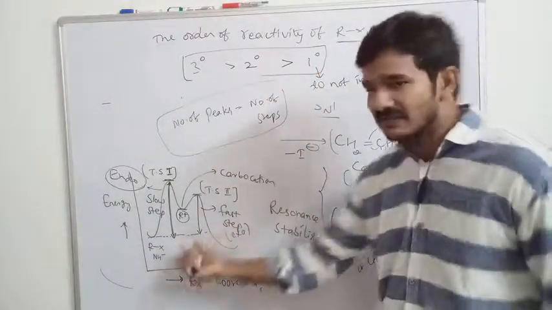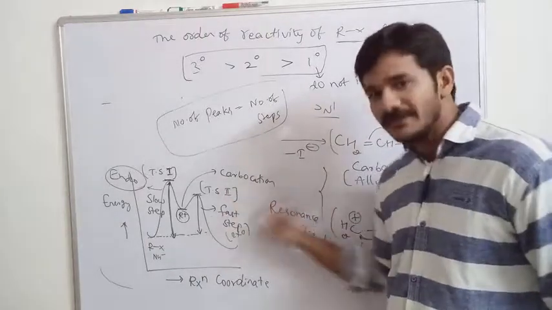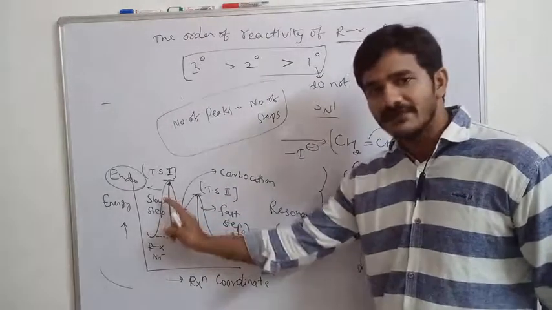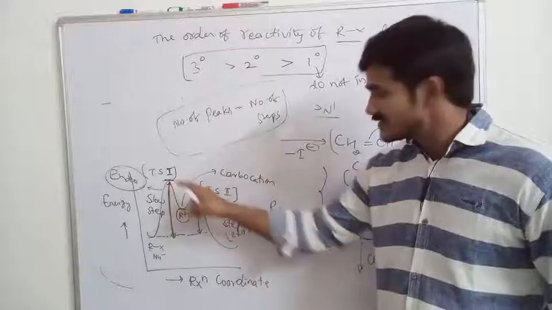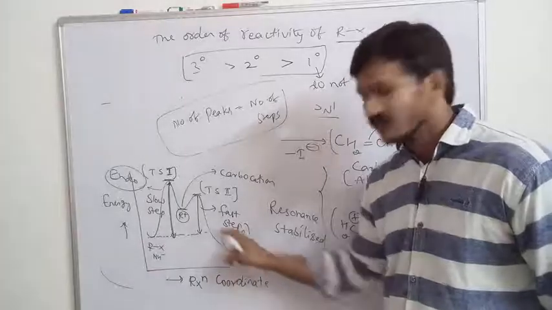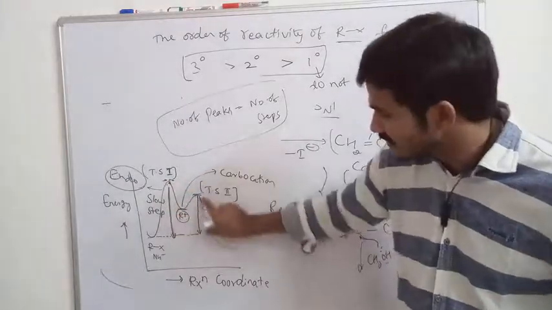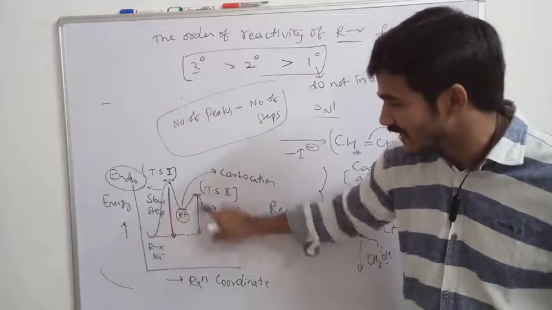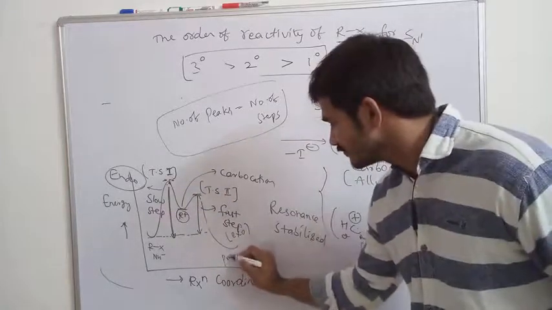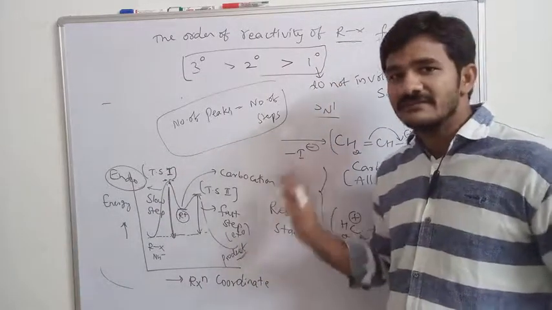Okay, the general diagram will be written like this. If it forms a rearrangement, another transition state, we write one more peak also. Generally, it is a two-step mechanism. First step is formation of carbocation, which is a slow step, and the second step is the nucleophilic attack, which is a fast step. If you observe the energy height here, it is very high, that's why it takes place slowly. This energy height is less compared to that, that's why it is a fast step and forms the final product. So this is all about the SN1 reaction and mechanism.